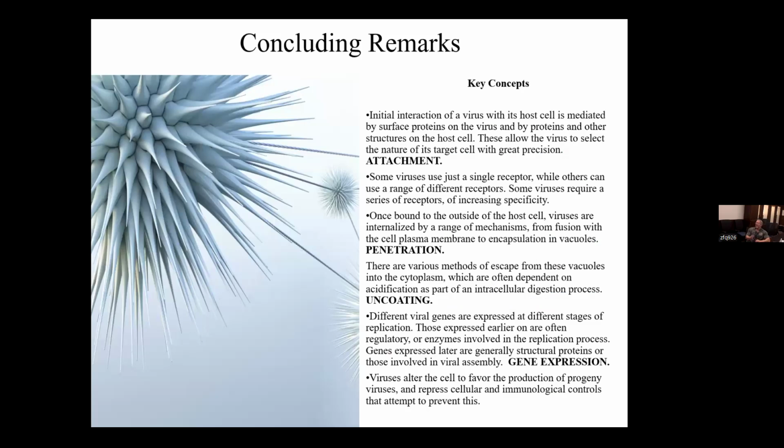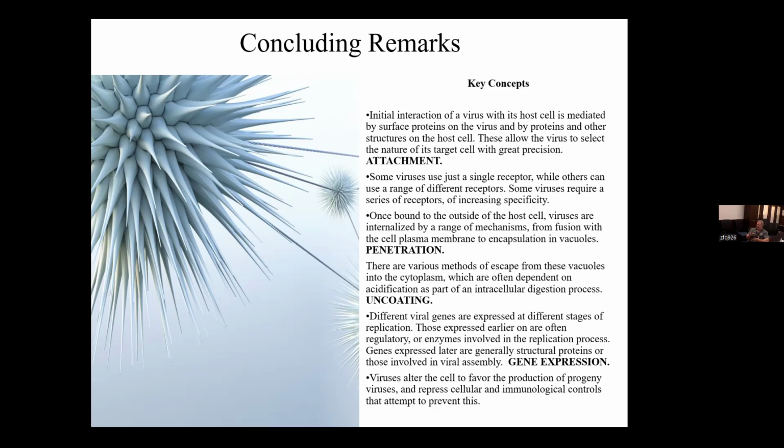I think just to wrap up the talk and look at some key concepts that you can take away with you is that, again, when we're looking at viruses, we're talking about what's inside the virus. Is it DNA or RNA? What is the structure of the virus? Is it enveloped or non-enveloped? These are some stratification terms that we can apply to help us understand viruses as we look at them, comparing a DNA to an RNA virus, for example. But whether it's DNA or RNA, whether it is an enveloped or non-enveloped virus, all viruses are going to follow